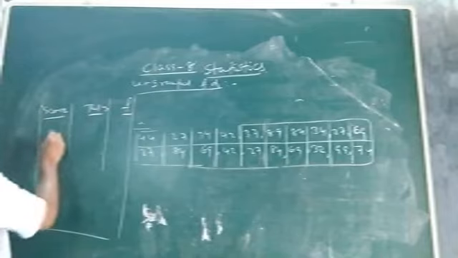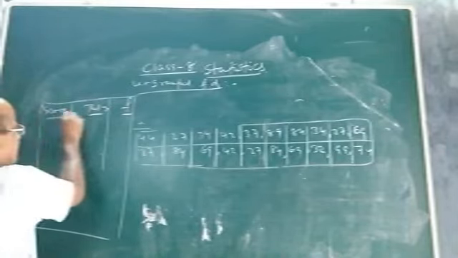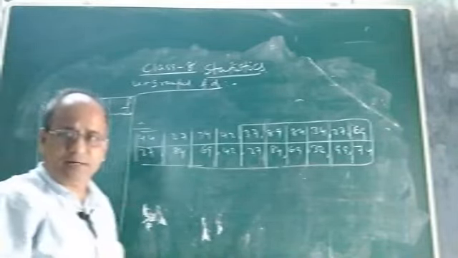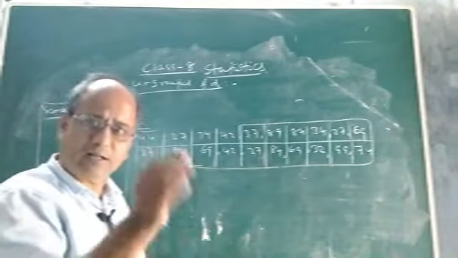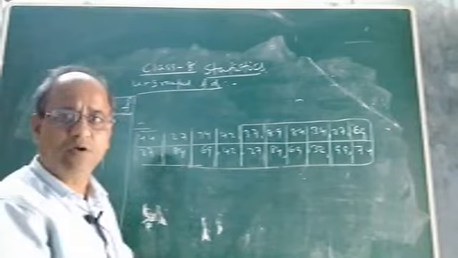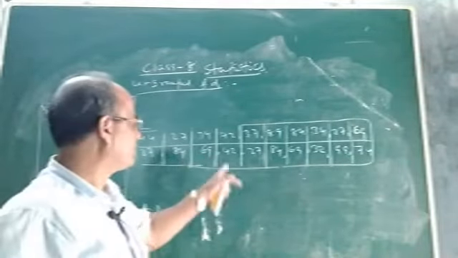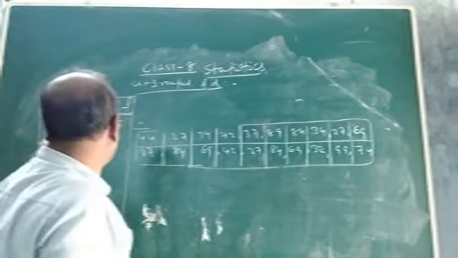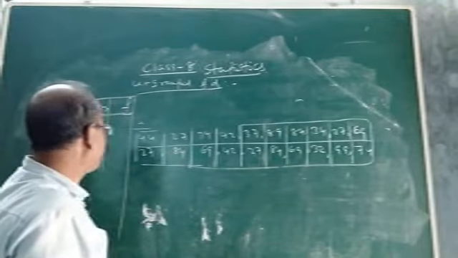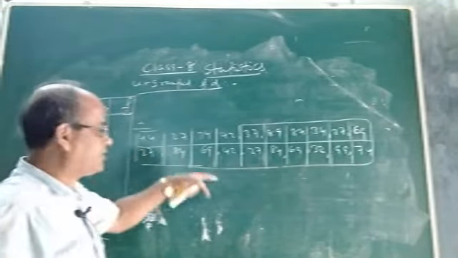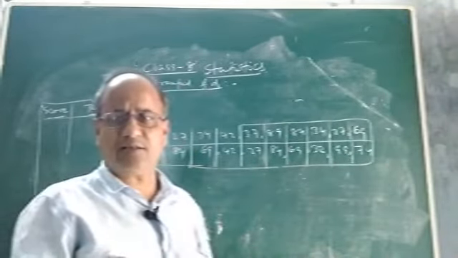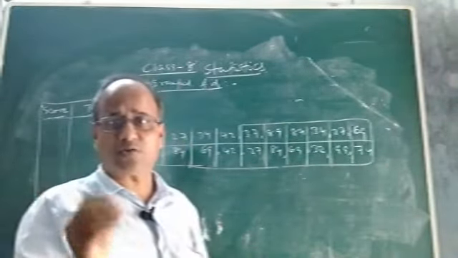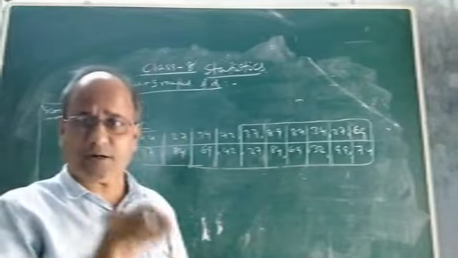See, frequency distribution is nothing but the presentation of observations or scores or data, which may be ungrouped or grouped. We will discuss grouped data later. First you write the scores or observations in one column, then you see what the frequencies are. Frequency, as I told you yesterday, means the number of times that a score or observation occurs in a particular distribution.